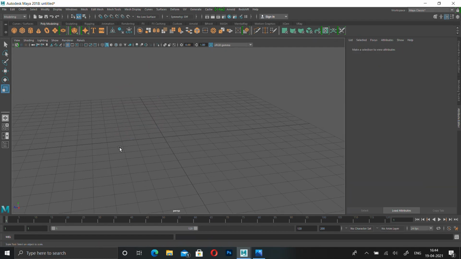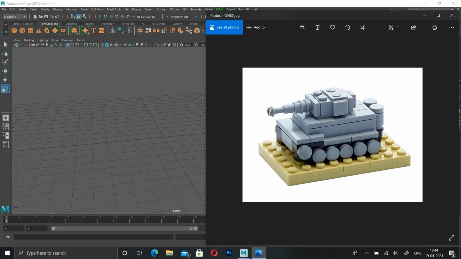We are going to build a panzer with basic shapes. I've searched on the internet and found this image. I will put a link in the description so you can follow along with me. Okay, now